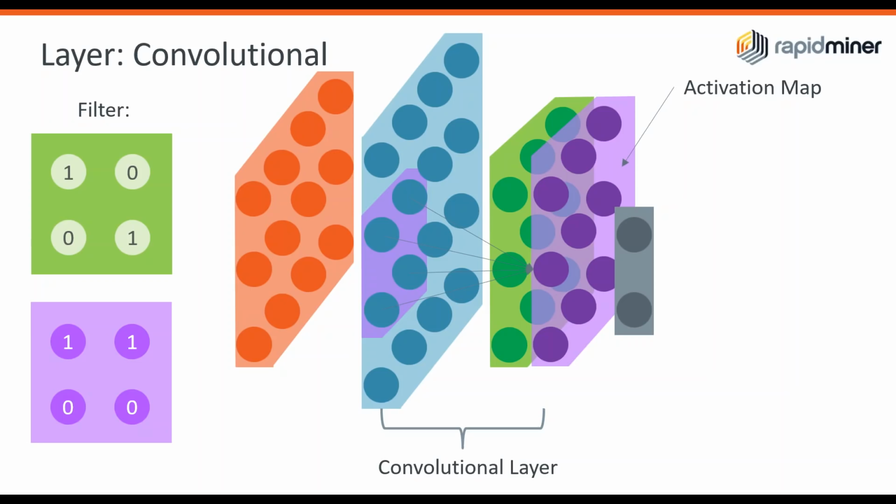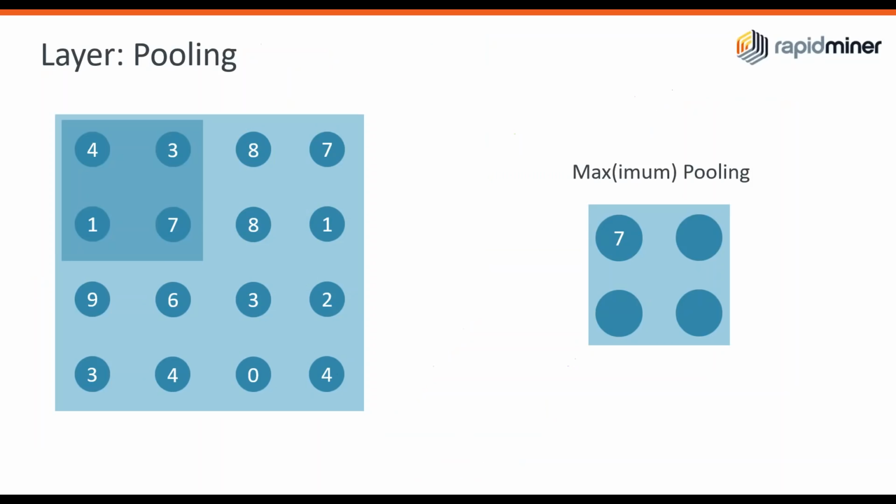The next type of layer that is quite important, because it's often used in connection with the convolutional layer, is a pooling layer. For a pooling layer, again, we have a filter of a given size. Here it's 2 by 2 again. Then we have different types of pooling we can apply. Here we're applying max pooling, which is short for maximum pooling. As some of you might have guessed, you observe this 2 by 2 window and find out what the max value is. Here it's 7, so we put in 7 in our new